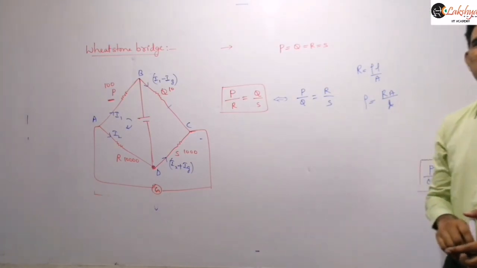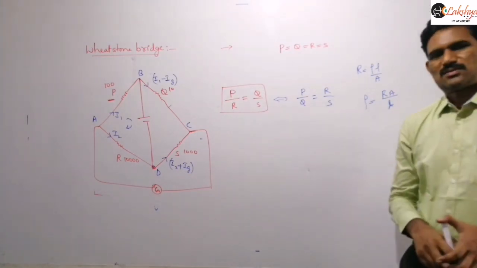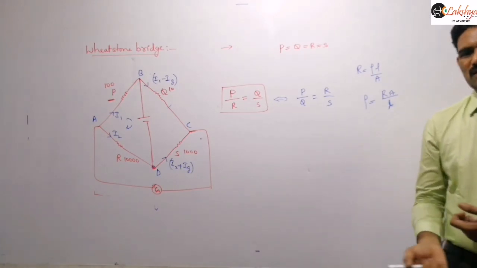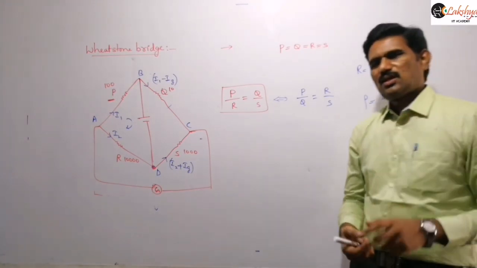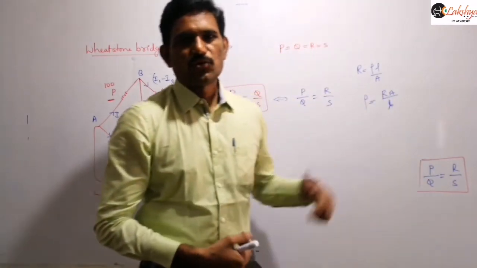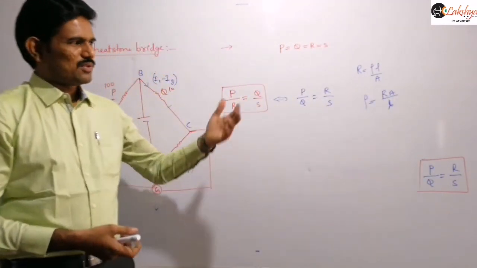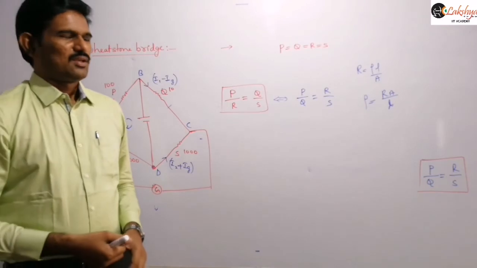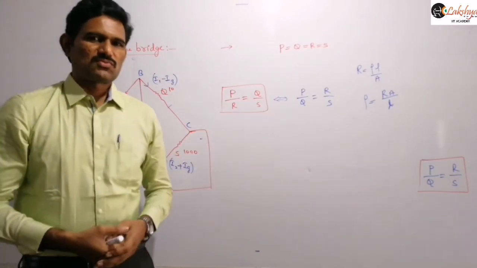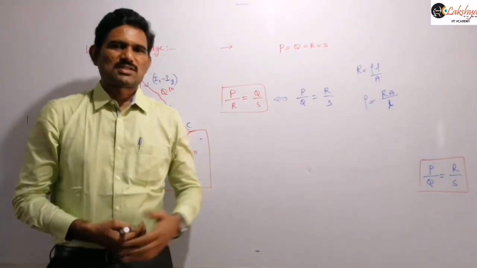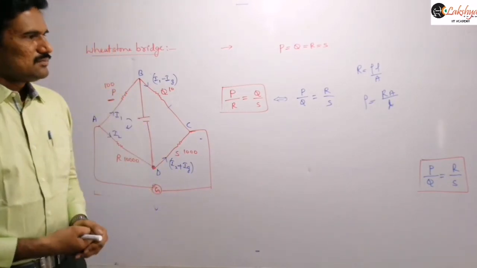Because you can calculate length and area of cross section by using the devices. Like by using a scale you can calculate the length of the wire, and by using a screw gauge you can calculate the area of cross section, that means the radius, and from that you can calculate the area. So now from that you can find the resistivity of that material. That means you can also find the resistivity of the material. Next,